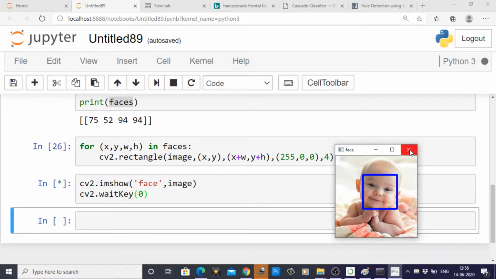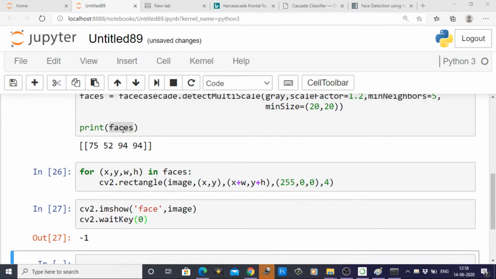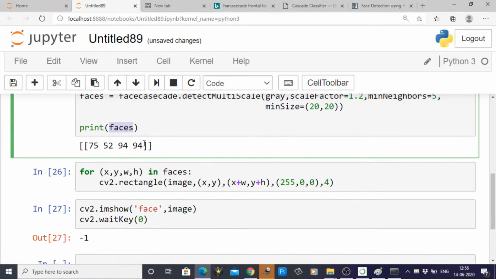So you can see here, some people are asking, ma'am please explain the loop again. In the loop, what I have taken here, faces is an array. From the array there are lots of lists inside this array, and first of all it will take the 4 parameters and assign the first value to x, the second value to y, the third value to w, and the fourth value to h. And then